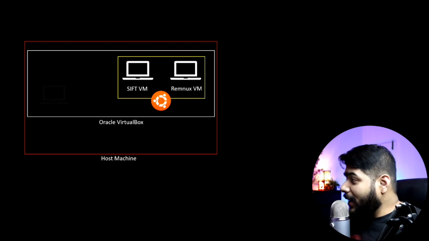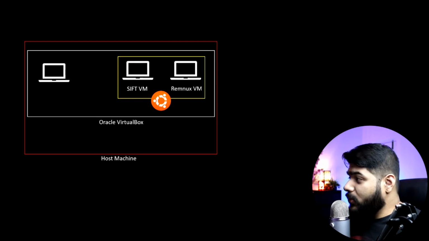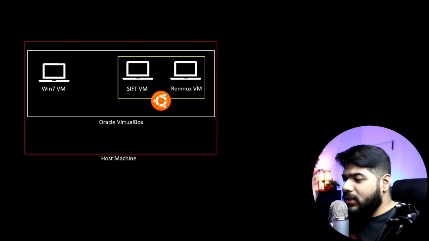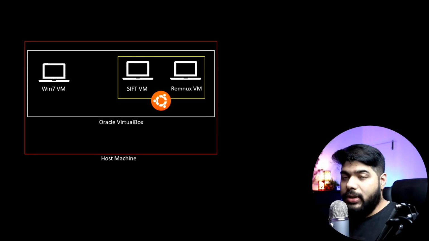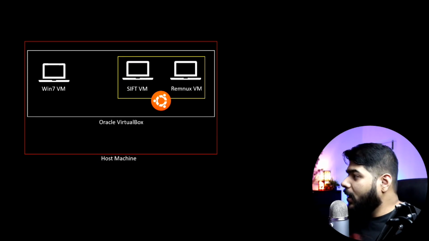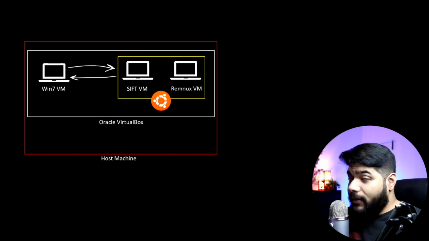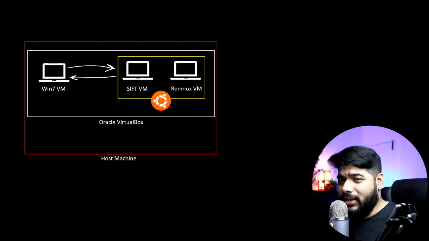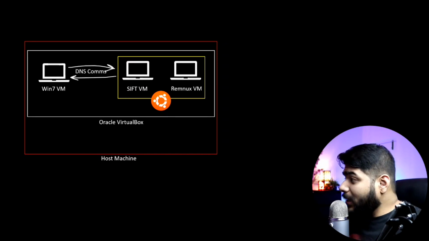Next, this machine is our Windows VM. I am choosing a Windows 7 VM, but depending upon your need you can choose a Windows 10 VM as well, right? The Windows 7 VM will be our machine where we will be detonating our malware and all of that.